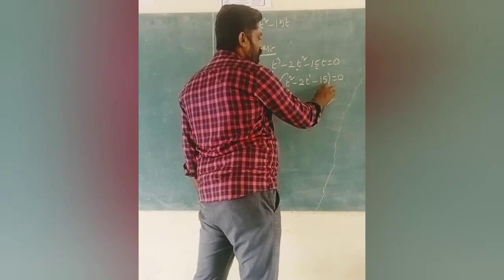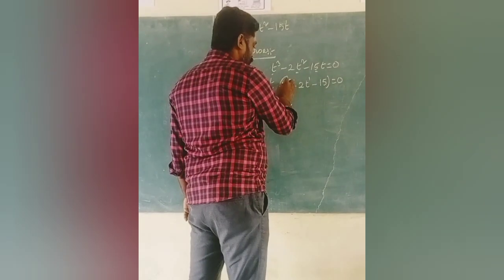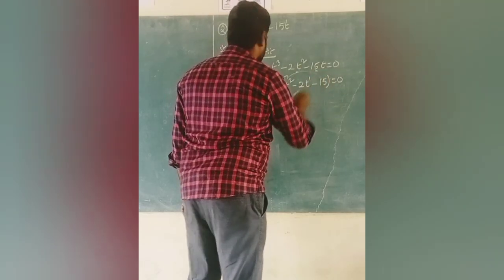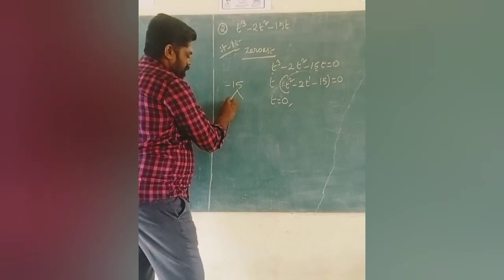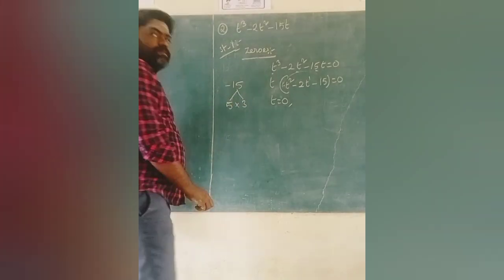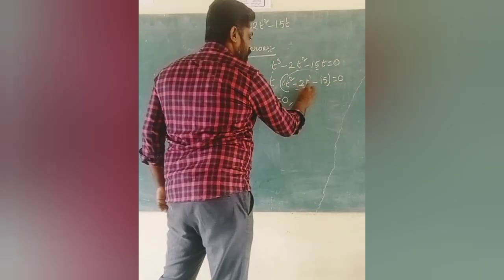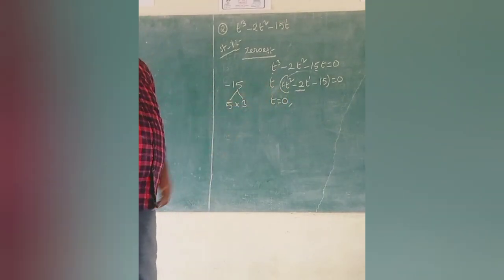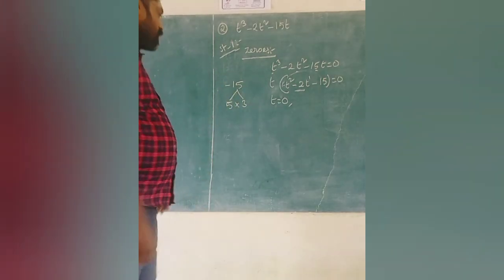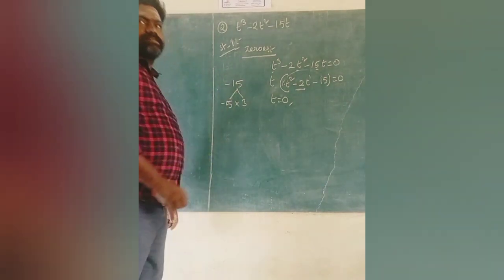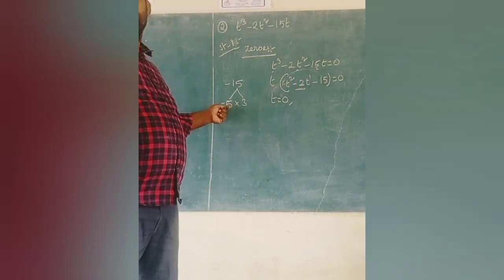Then the remainder is a quadratic polynomial. We need to factorize it. So the first number is 1. Then 1 into minus 15, you will get minus 15. So what are the factors? 5 threes are 15. So we need minus here. Minus 2 is there. So if you add or subtract these factors, you will get minus 2. So how can you get minus 2? The big number has minus, because here also minus, here also minus, means the big number has minus.